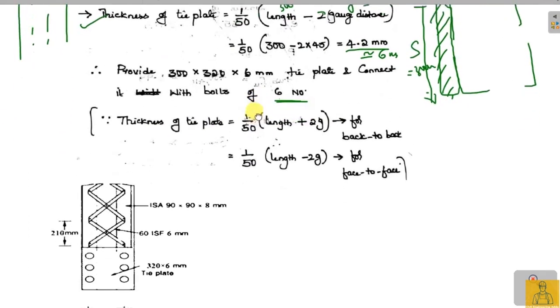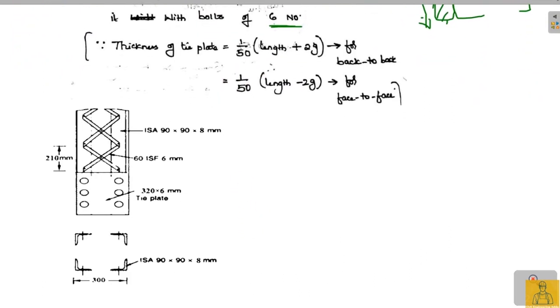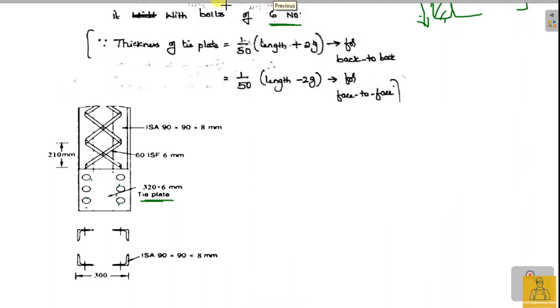So this is how this column is going to look. See, this is the tie plate. 1, 2, 3, 4, 5, 6. Each side 3, totally 6 bolts as shown above. So we found out the dimensions of the lacing bar and also the tie plate, and we also found out how many bolts are to be used for connecting the lacing bar to the built-up column. That is only one, but the tie plate should be connected to the built-up section with 3 bolts on either side,